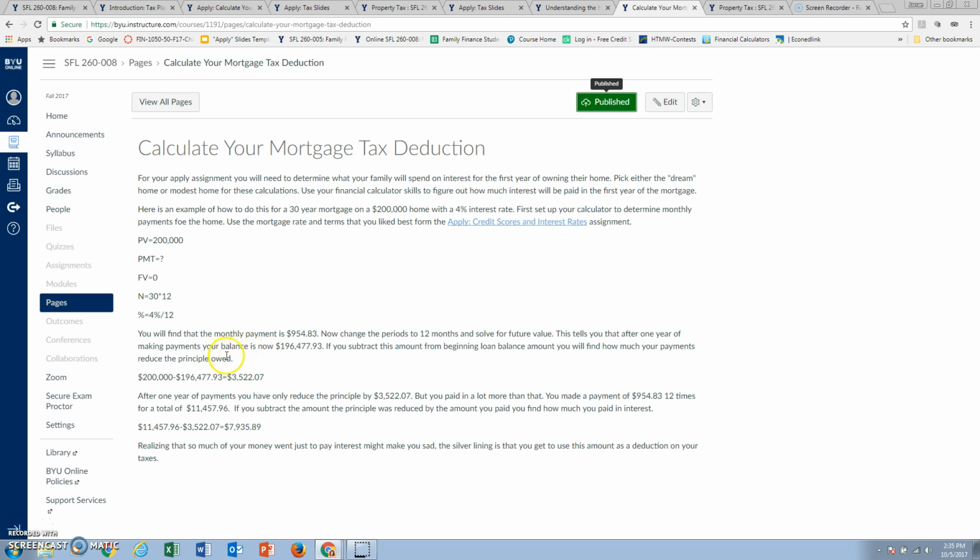So that is how much your principal has been reduced. If you take the loan amount that you started with minus the principal balance after 12 months of payments, you'll see that you have reduced the principal by $3,522.07. That's kind of discouraging, thinking that you made 12 months of payments at $954. You paid a whole lot more money into your mortgage than was actually reduced. And that's kind of disappointing,